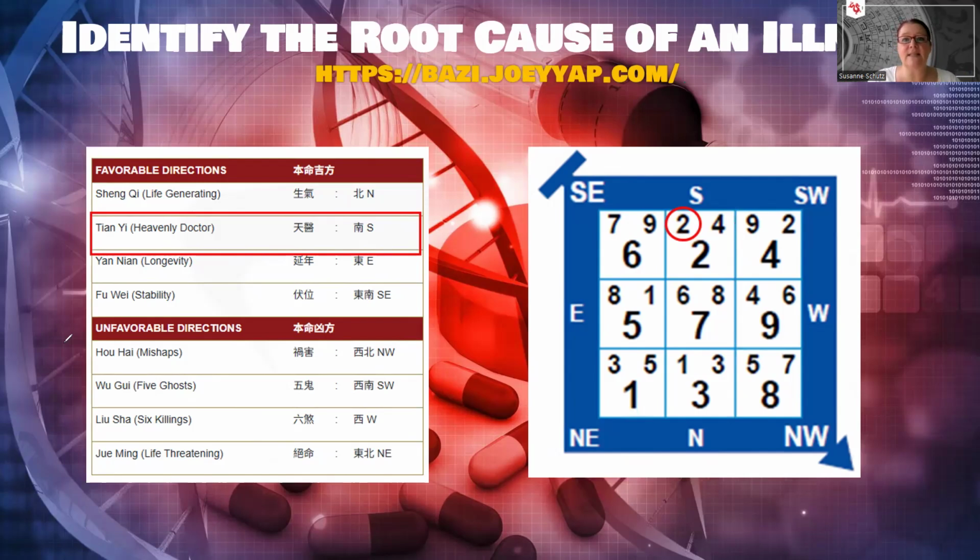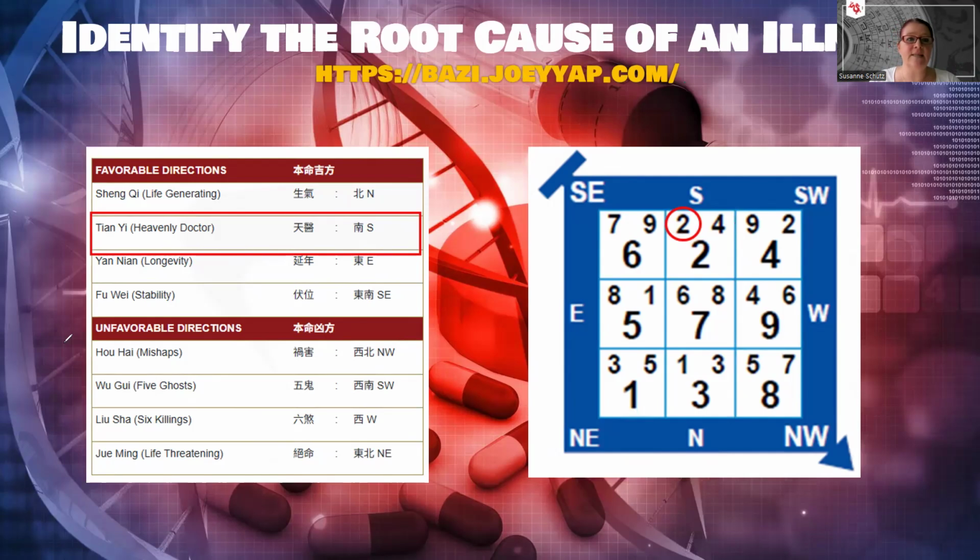Now, if it's a number 2 sitting star that is affected by a negative feature and it happens to be in your personal Tian-yi sector, then likely the root cause for this prolonged illness lies in your exposure to certain toxins or allergens, or environmental factors that constantly cause health issues and prevent you from healing. This could be that maybe there's a lot of dust in the air, so just get an air purifier, or maybe there's always someone around you who is smoking and you're inhaling that smoke. So somehow you are affected by environmental factors around you. You need to take a look into that.